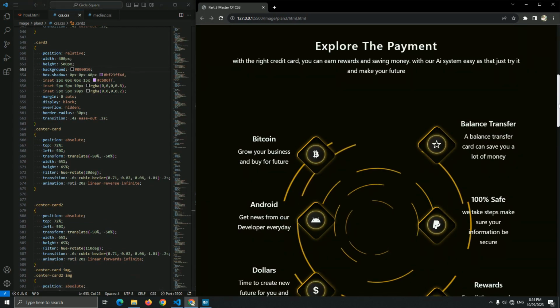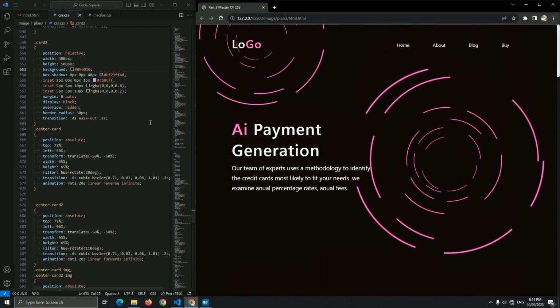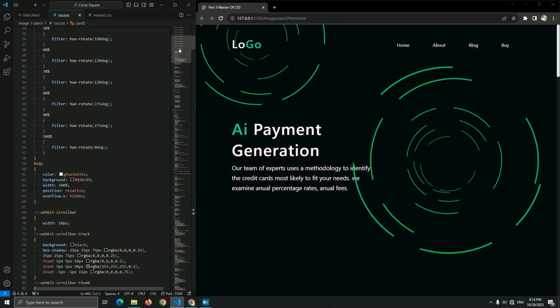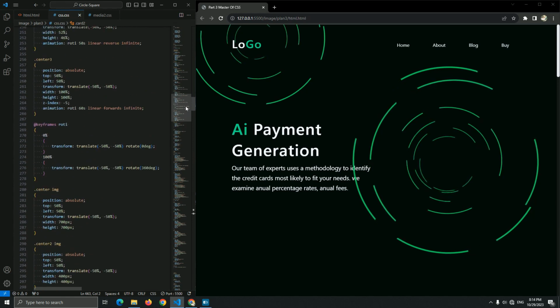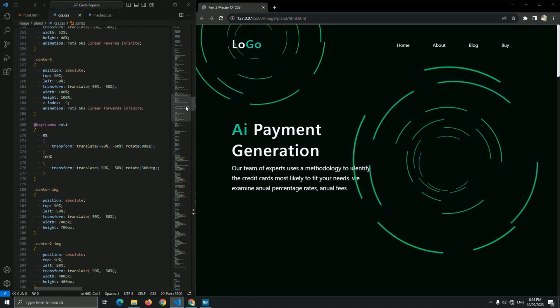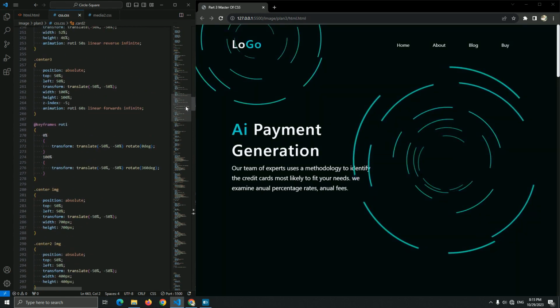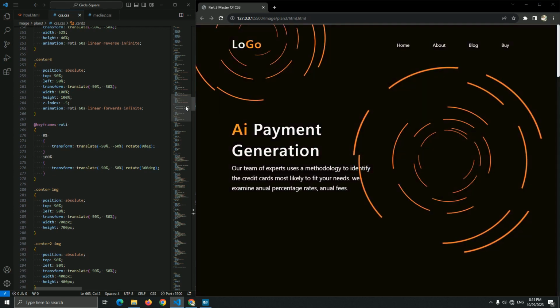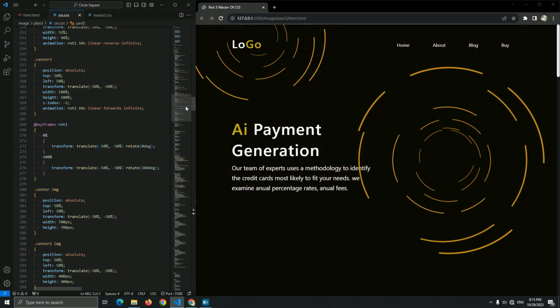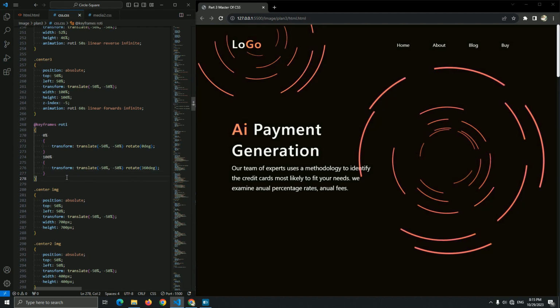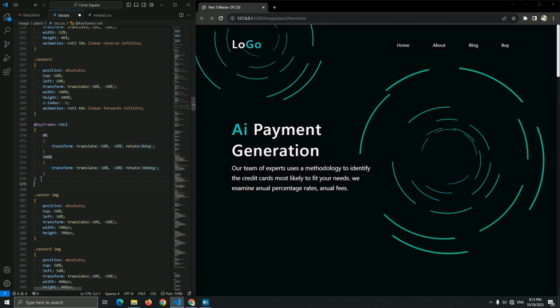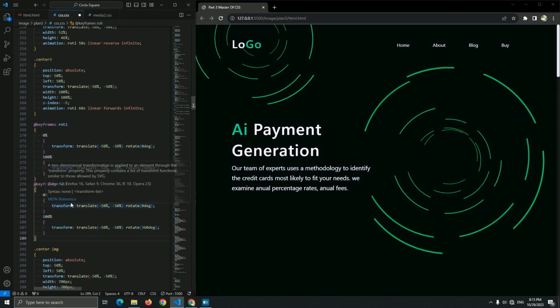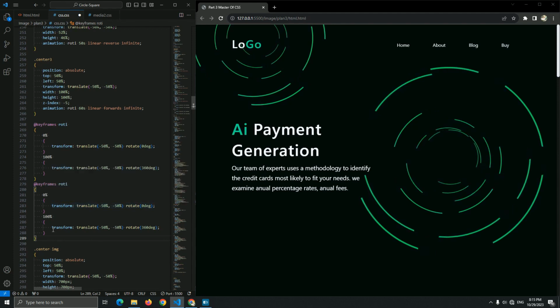Okay, now I have another rotate animation. I forgot to say it, guys. If you don't like this rotate, you can use these keyframes, which I use for example for the 3D project. If you don't like this keyframes animation, you're going to use this animation.